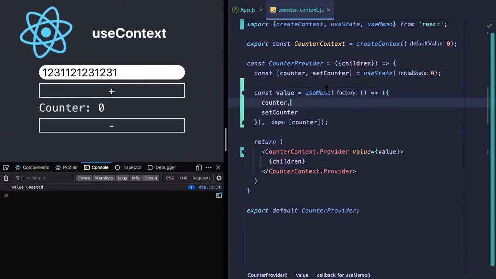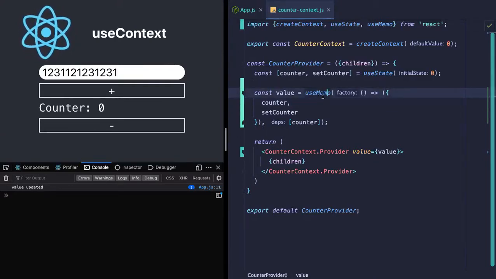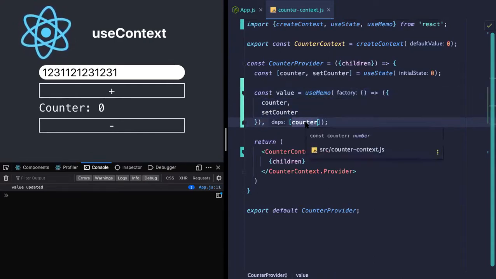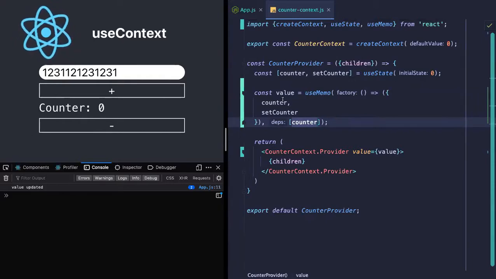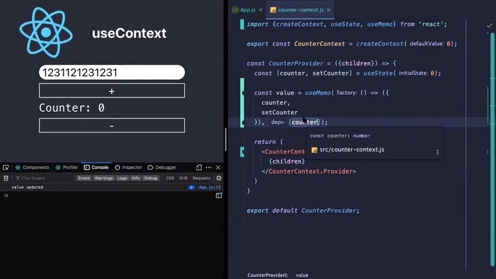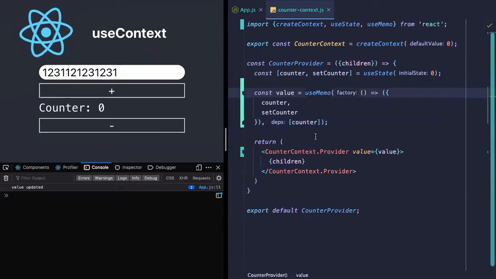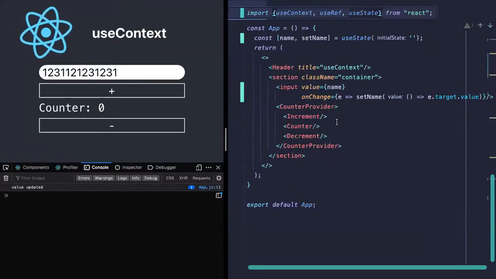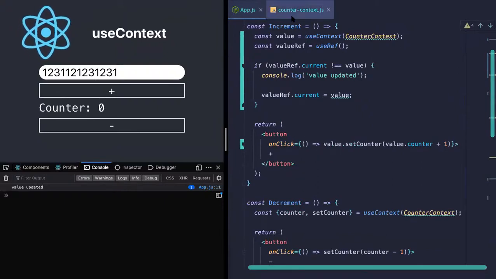So here we are doing useMemo, which is like caching the response of this callback with this particular dependency. So whenever this counter changes, it will again call this callback and give us a new object at the end, right? So that was the first optimization that we can possibly do on the counter provider, to avoid this object creation on every re-render, right? So yeah, now the simplified version at the end would be looking, okay, I'll continue on this.